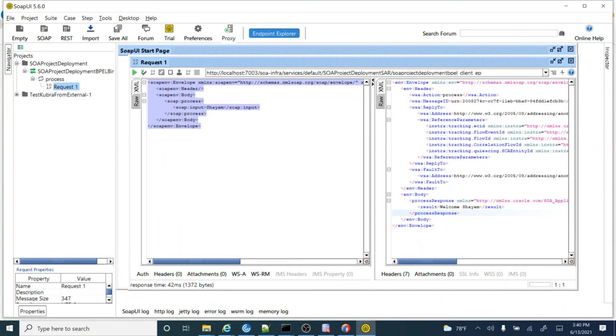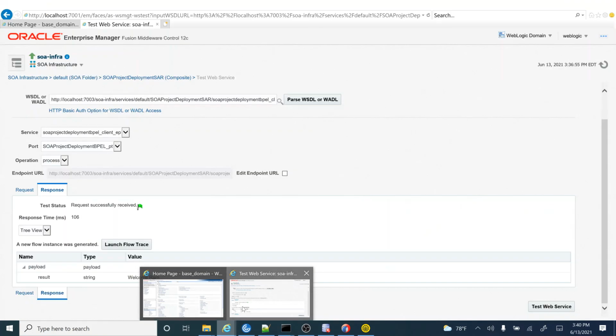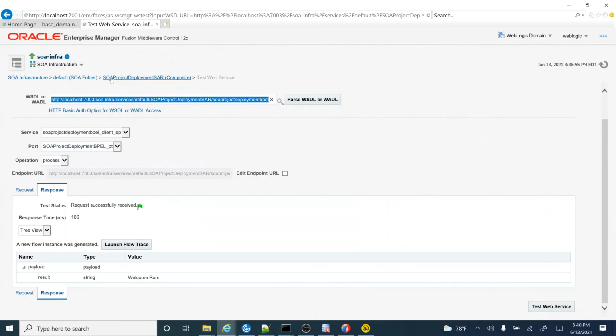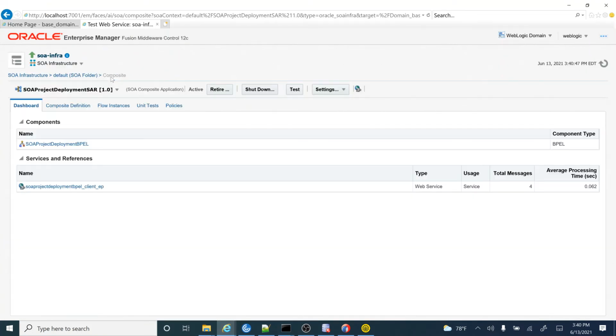You can pass any data from here, and based on the data you can check the logic in the code you have implemented. If something is failing, then you have to check the instances. Let's say I have tested two times from here, then in the WebLogic server there will be two instances created for this particular service.